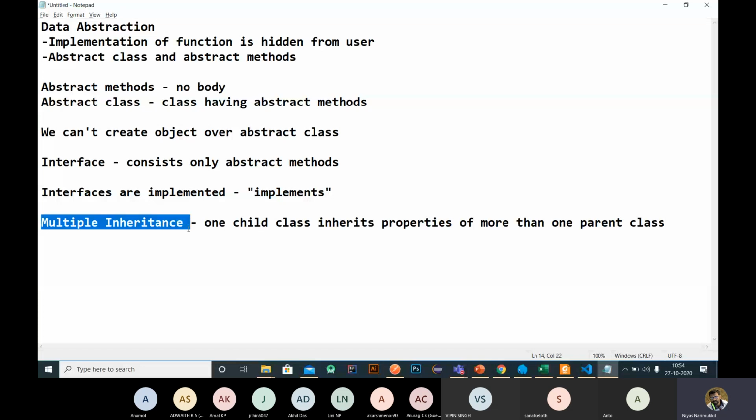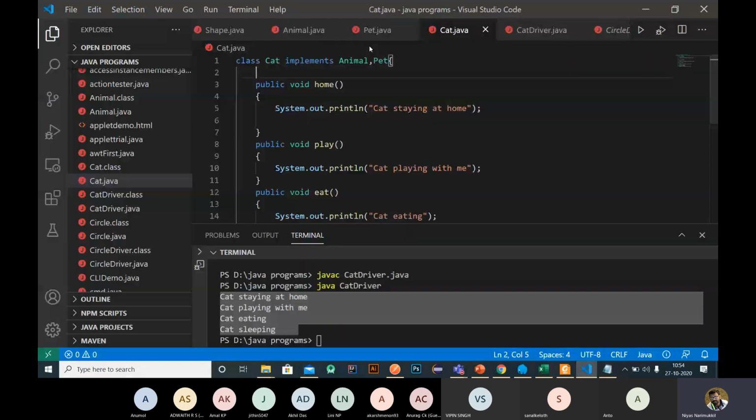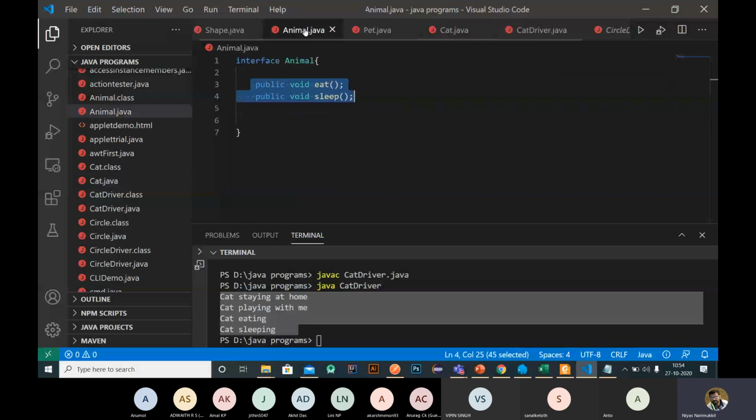Okay. And as I already said, we can't create an object of an interface, because interface is again an abstract kind of thing, right? There is no definition or anything like that. So we can't create an object of an interface.